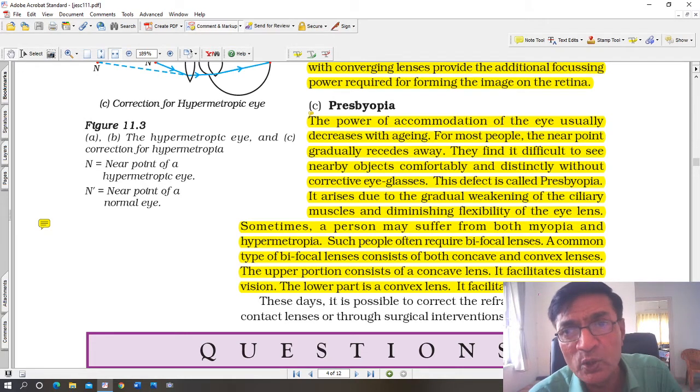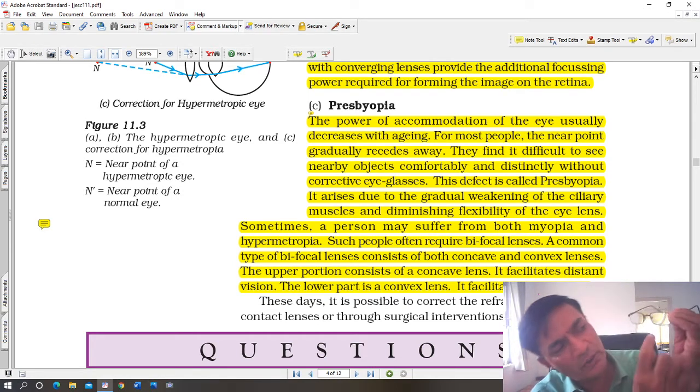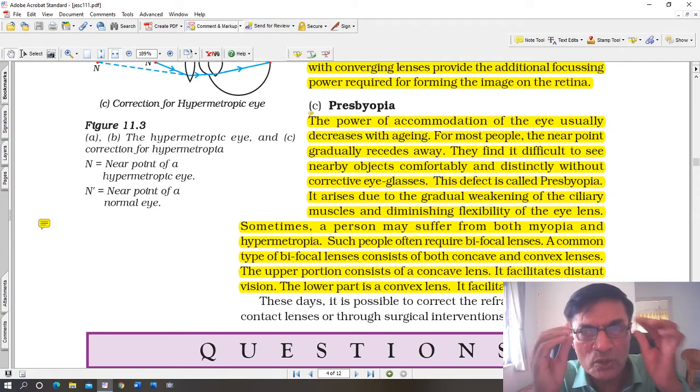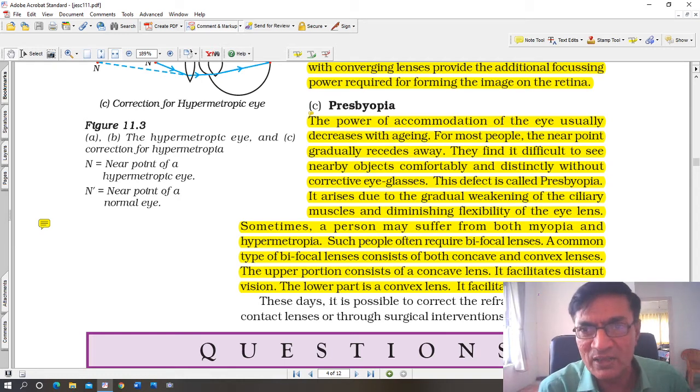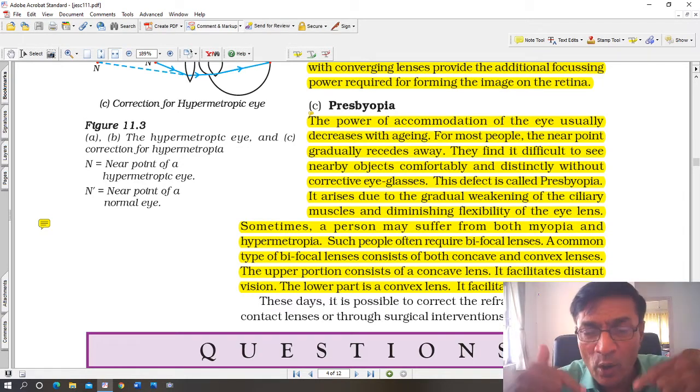Older people, especially the older generation, you see today we have different types of glasses, and they are called progressive lenses. These progressive lenses that are used these days are different from bifocals. In a bifocal, you can see a curvature at the bottom of the lens, and that allows the person to see without changing the glasses, nearby as well as far away. But a lot of people don't like it. So they want to wear progressive glasses. These progressive glasses are a bit costly, and you will not be able to see the difference.